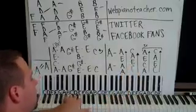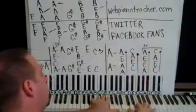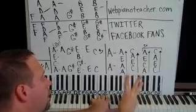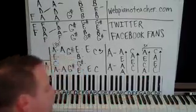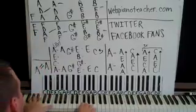Now the second time, let's move up an octave and do the same thing. A, C, E, A, and then C, E, A, C. So that's the second time. Now for the third time, I'm going to move up even higher. A, C, E, A, C, E, A, C. And that's it. That's the end of that run. Alright, then we're going to start here and do the...